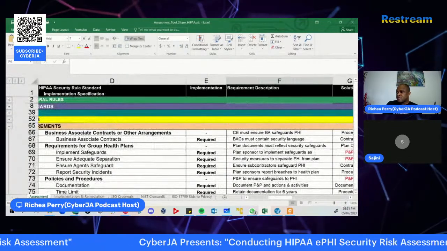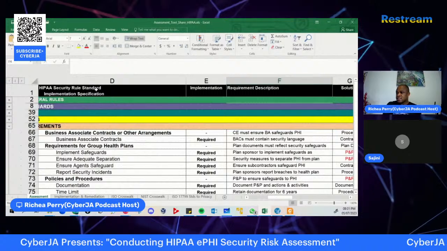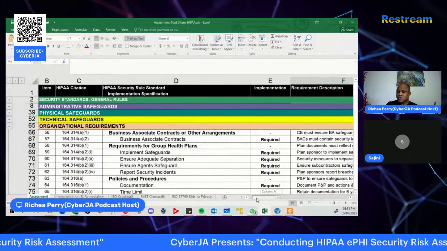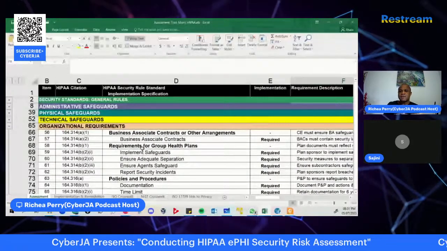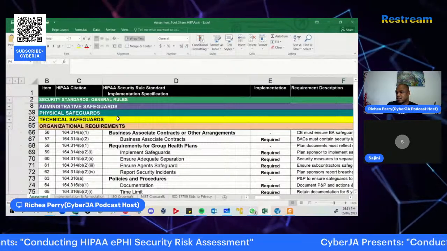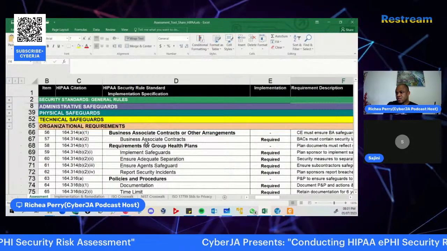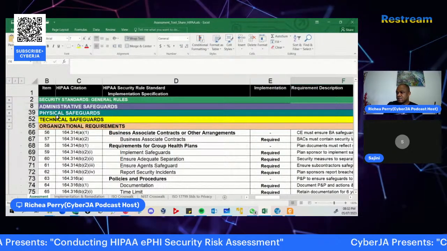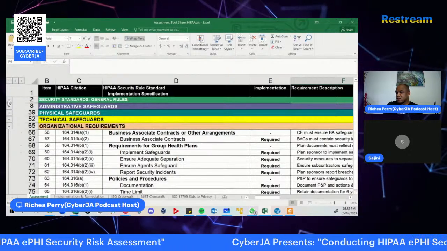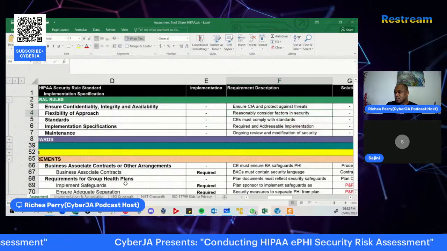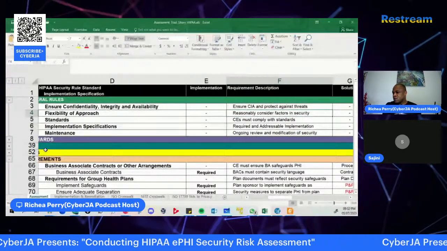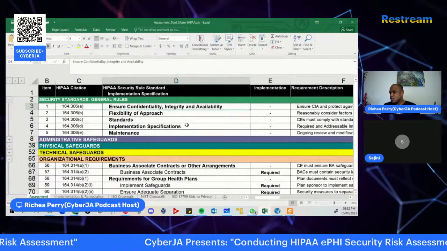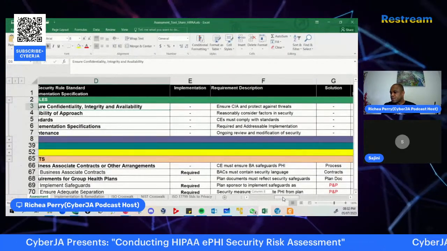Okay, great. So these are the various HIPAA security rules and standards. This is how it is broken down. When you decide to work with an organization, for example, you're implementing this standard within that organization. So these are different phases: you have your security standard general rules, your administrative safeguards, physical safeguards, and technical safeguards. You would sit in that organization, doing that assessment with the various departments to go through each of these phases' necessary requirements and work with the various